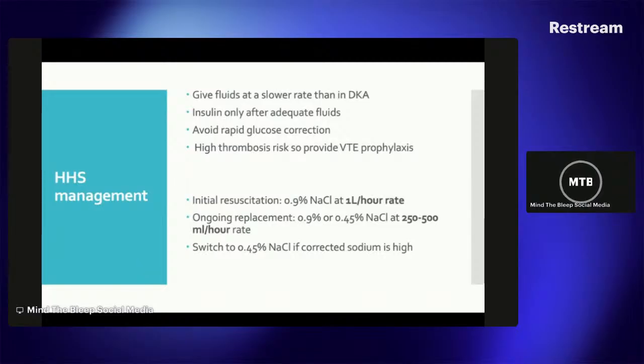Okay, in terms of management, we will give the fluids at a slower rate than in the scenarios of DKA. The reason why is because if the glucose levels drop too fast, it can cause cerebral edema. HHS management is rather senior-led. So your role in this scenario would be to recognize early that the patient has HHS and to administer fluids